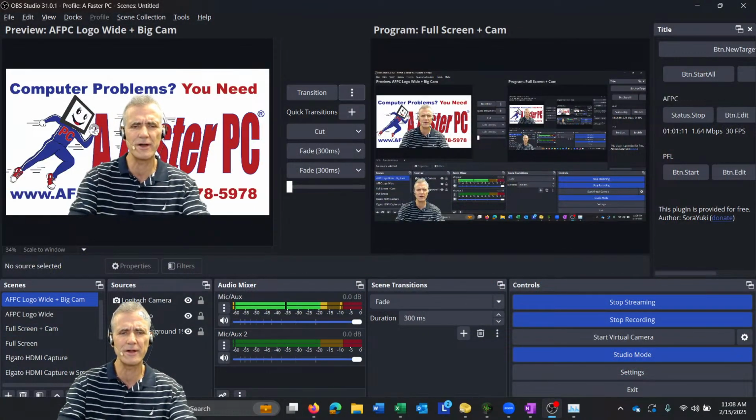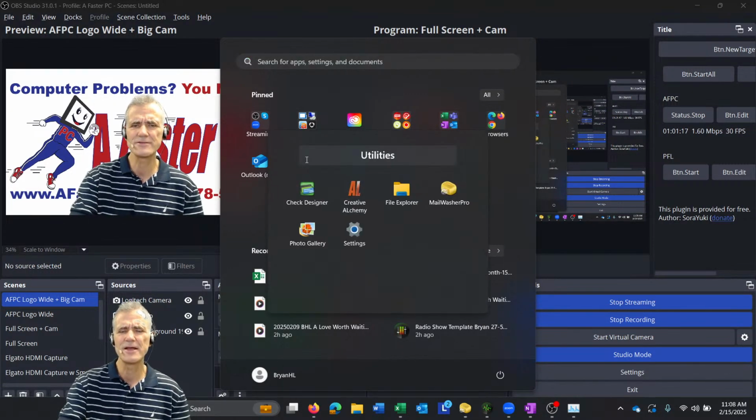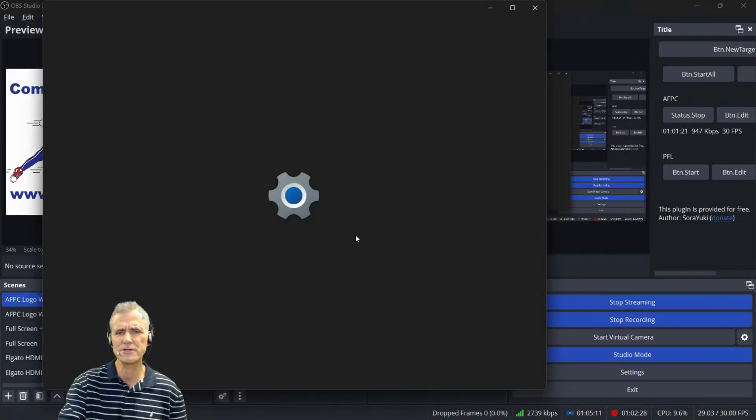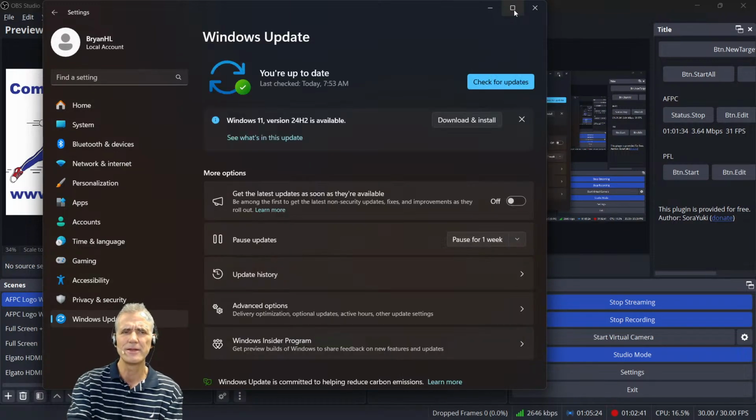We're going to click on the Windows key, and then go up to the settings. Now, I have moved mine into utilities, so yours could be in a different location. By default, you're going to see this little gear or cog on your screen. Some people call it a cog, I call it a gear. When you open that, you're going to want to click on Windows Update. This will search for Windows updates. If there are updates available, you'll see those.